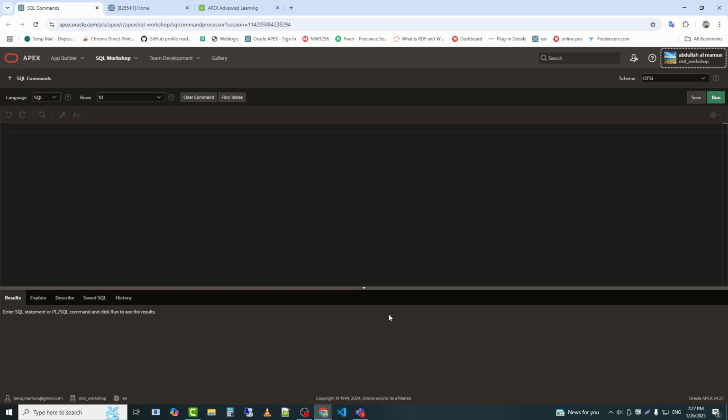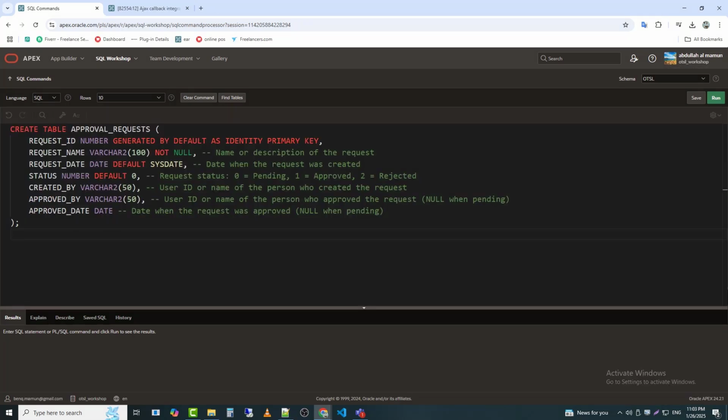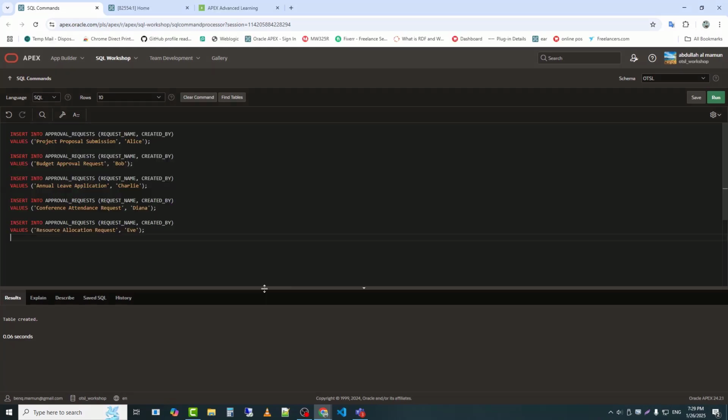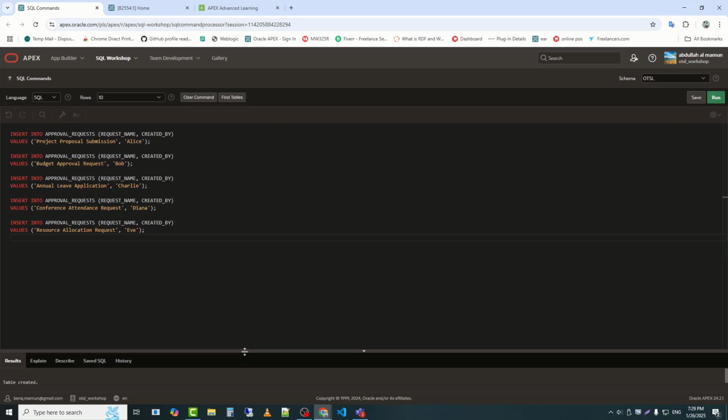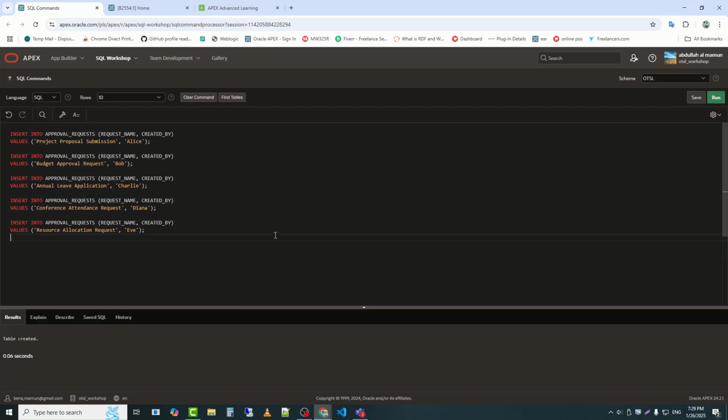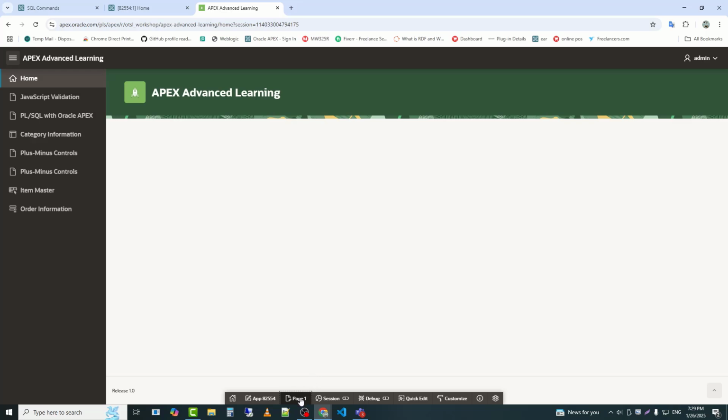Let's get started then. I will use this table as a demo for the approval process. So first, I will create it. Now I will insert some data and update these data using AJAX callback. Insertion is complete.